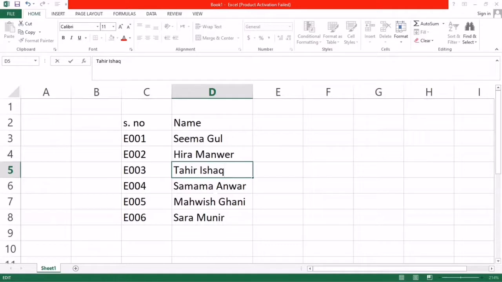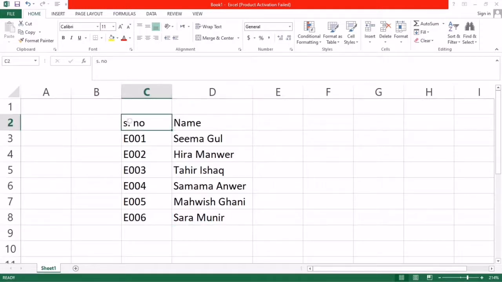And another method to change the cell is this. For example, I select this one, and you can see this name appears in the formula bar, so this is very easy for you. If you want to change the spelling, suppose here I write ANWAR, but after this if you want to change it to ER, it will be changed. And you can increase or decrease this one.